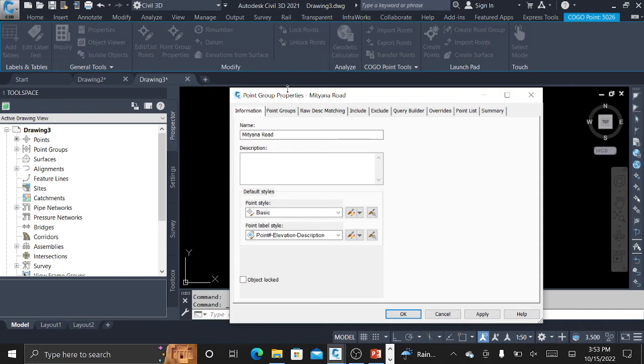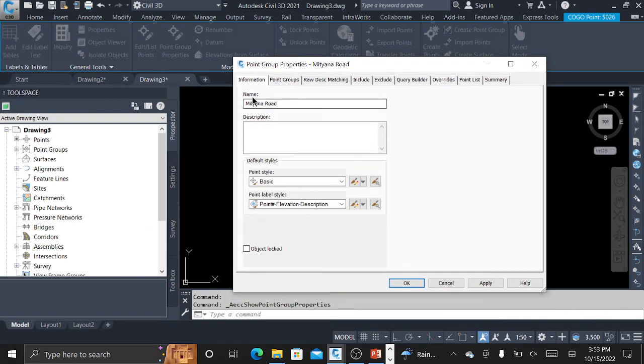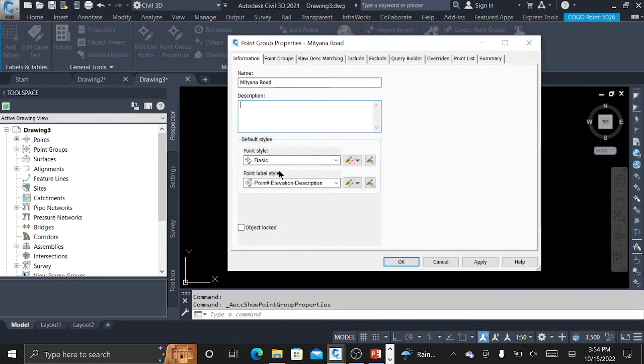Then, as you can see, the name of the point group is called Mitiana Road, just like we had labeled the group initially. You can add descriptions. Maybe you can add that these points were generated as a centerline collection from the Mitiana Road during the preliminary survey. Then you look at the default. These are the default styles. So the point display is